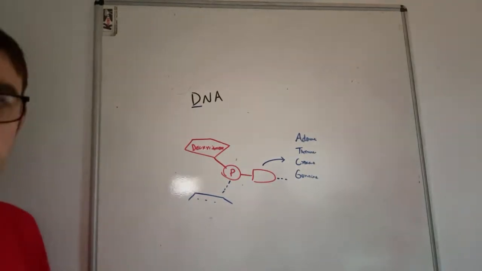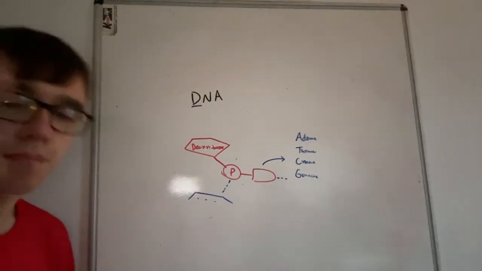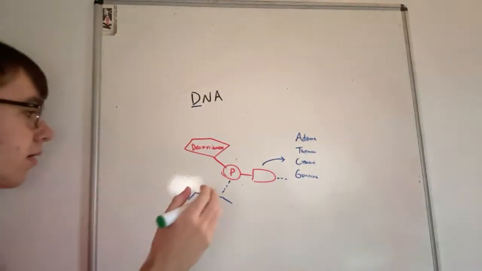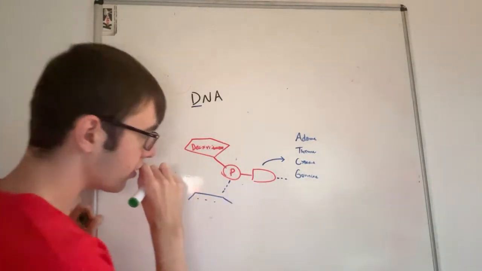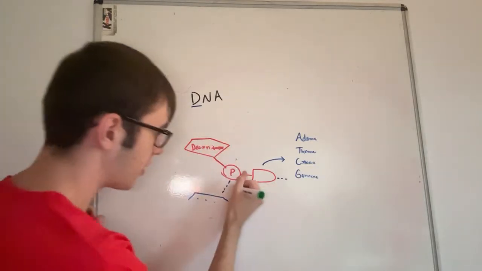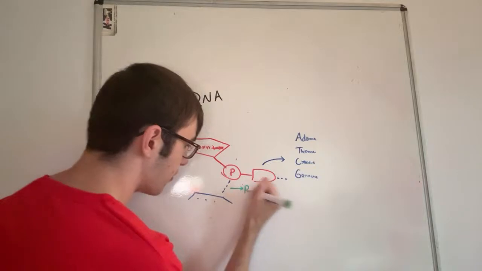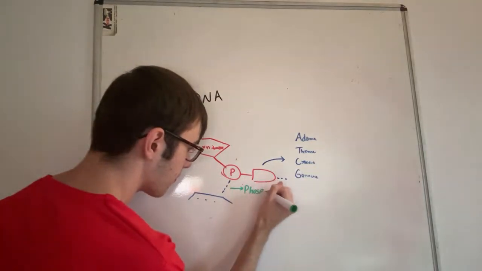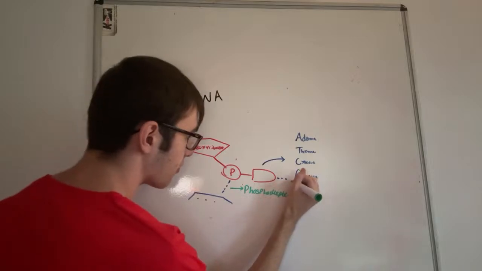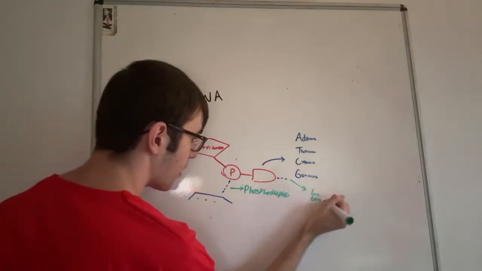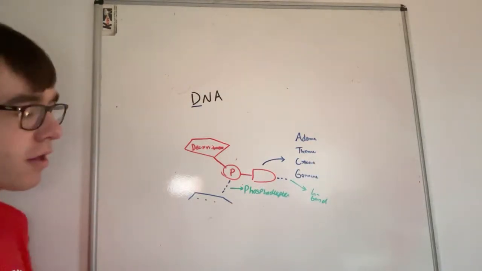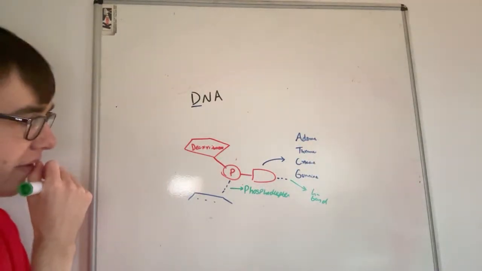A couple more things to note are the bonds. There are two main. I keep forgetting to pop chat on. It's fine, I'm sure. There are two. Well, I don't seem to recall whether this is an ester bond or not, so I'll look into that in a sec. But this is a phosphodiester bond. This is a hydrogen bond, because that connects the two complementary bases together. So that is the structure of DNA right there.